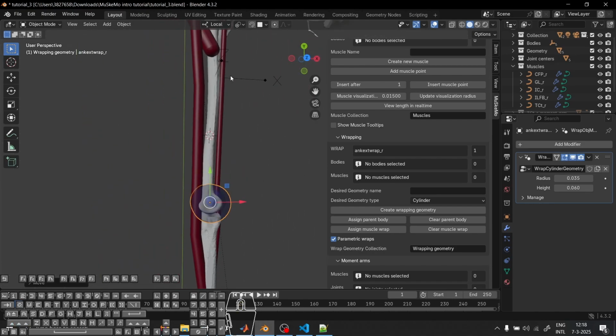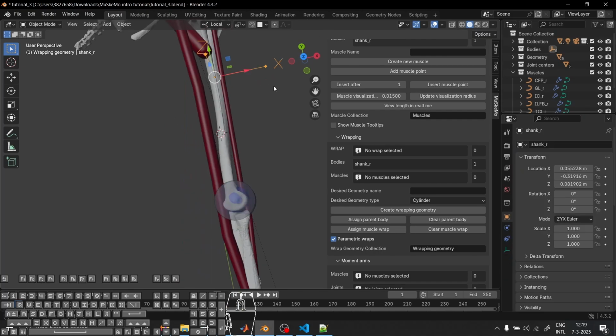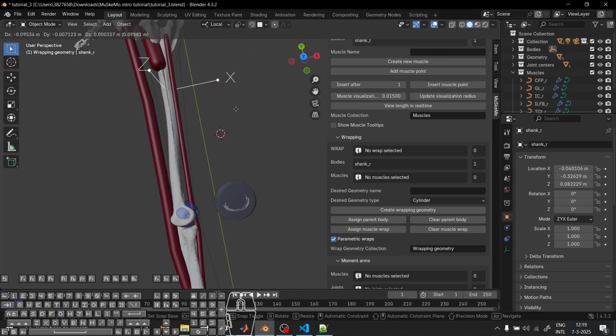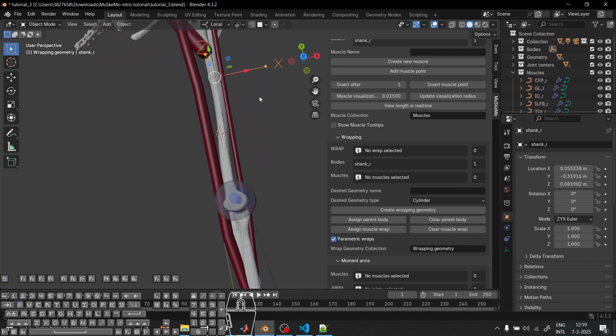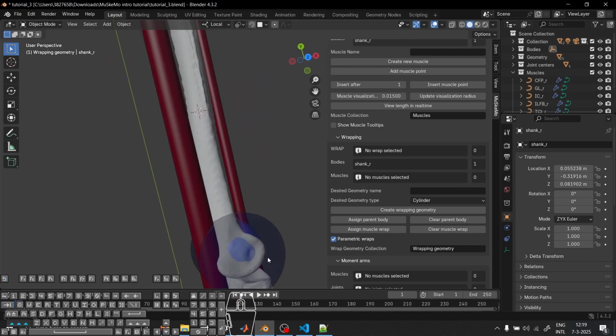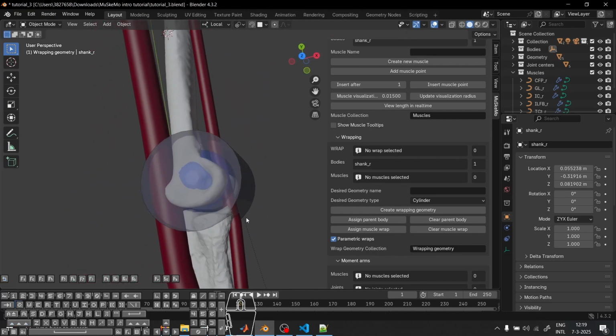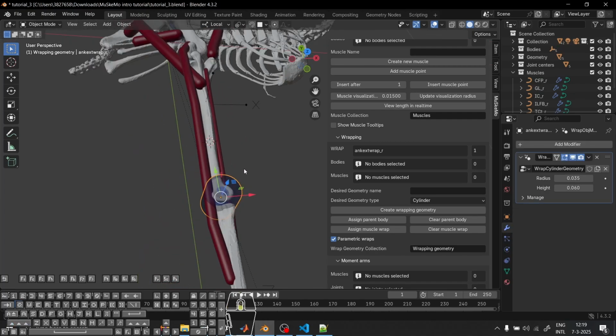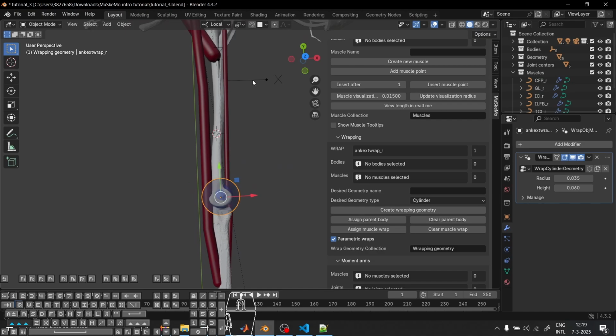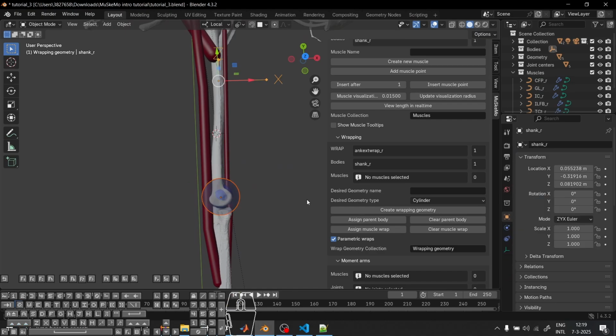It's not assigned to a parent body yet. So if I move this, you can see that the geometry stays in place, and actually one of the articular surfaces that we fit earlier is also still in place. So we can remove that later if we want to. But we can parent this, and we should, of course, parent this to a body. So let's parent this to